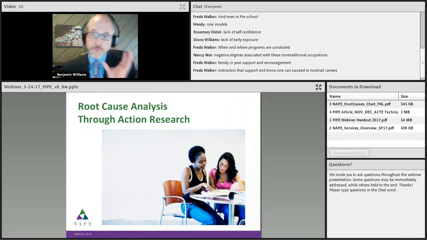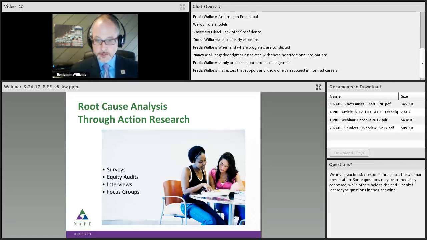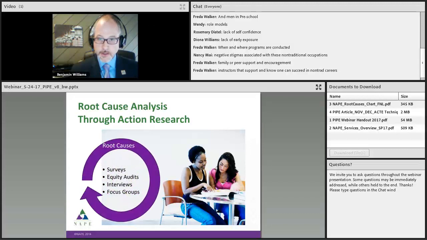Before we jump straight into strategies, though, once we've got a good idea of what the root causes may be in that particular community, it's important then to check in with key stakeholders to see whether what you think is the key issue is indeed the key issue, and whether there are other factors that need to be considered as you move into strategy implementation. And so we do that through action research in the form of surveys, equity audits, which is looking at the institution or looking at the classroom, for example, and we'll hear about how that was used in the context of Roseburg High School very shortly, as well as interviews and focus groups, which we'll hear about momentarily in the context of work that was done at the College of Southern Nevada,